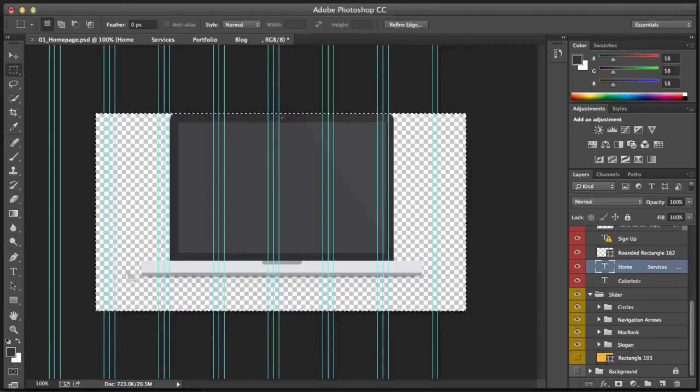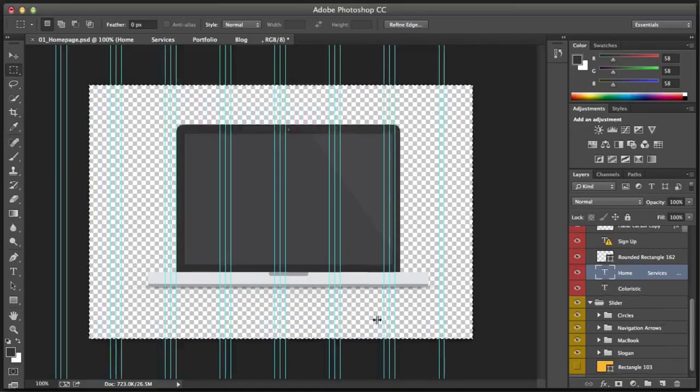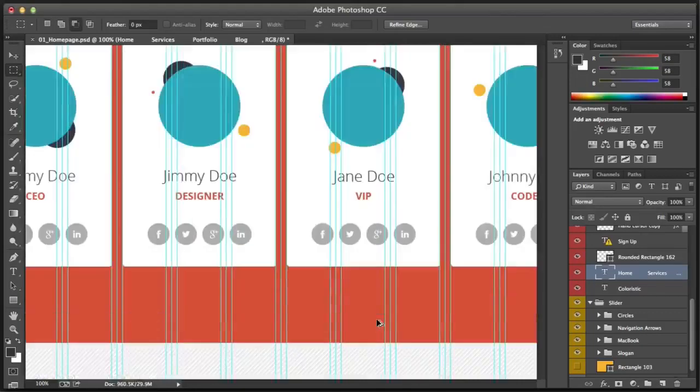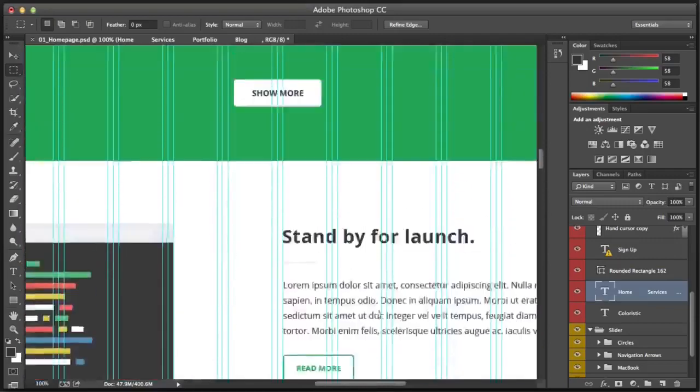Now there's a little bit of shadow here that you probably can't quite see, and that's why this is a little bit larger than you'd expect. You might expect it to come up to the edges of the MacBook here, but in actual fact this is fine. So I'm not going to go ahead and save this out. I've already got a copy of this, but if you were to save this out, you would have, let's just scroll back up to this,